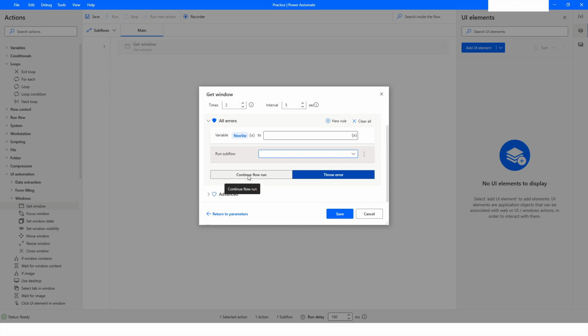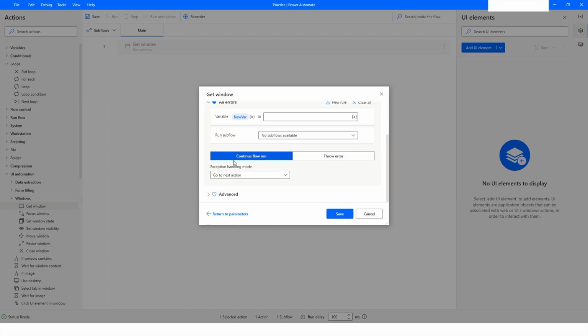And then here you have an option to continue flow run, where you can specify what you want to do. So if there is an error on this action get window, then you can say go to next action, or you can say repeat this action, right? And then you can also specify the go to label. In this case you will have to go to flow control, and from there drag the label and specify the label. Then that label will be reflected here,